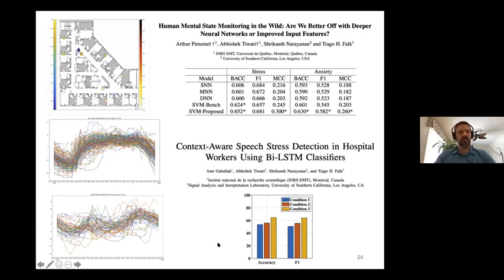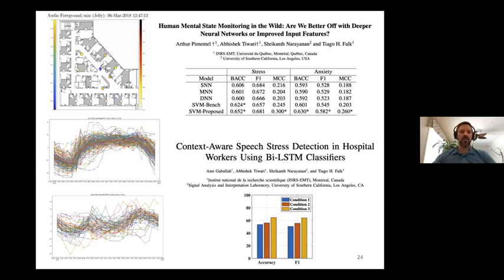This is work that we're presenting at ICASSP this year, looking at how context helps detect the stress levels of these individuals. And ultimately what we show here, in a paper that's also under review, is that the general trend when you look at this kind of monitoring and affective computing is to collect a lot of data, throw it into a very deep neural network and let the neural network do its thing. Let the network find the features, let it find the mapping, let it do everything.